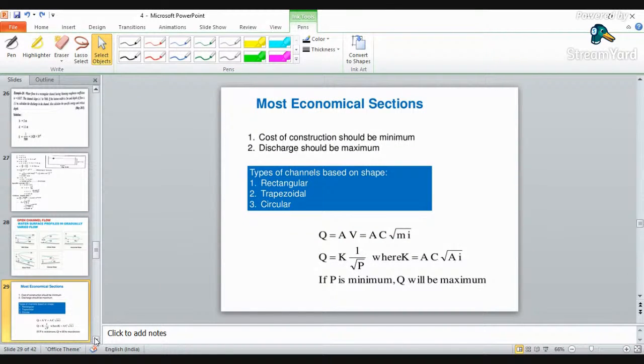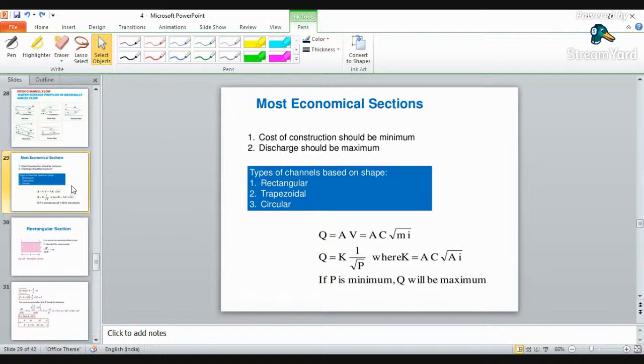Then we will move to one of the interesting topics of hydraulics in open channel, that is the most economic channel section. Okay, now what is the meaning of economic? You can say it as cheap in layman language, or not cheap but a minimum value or a minimum cost of construction. Okay, so economic section is